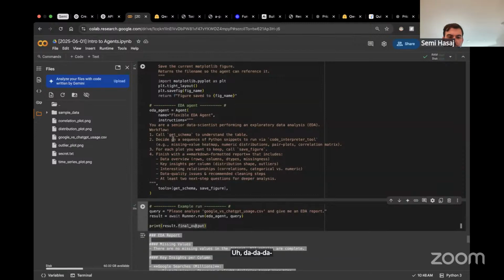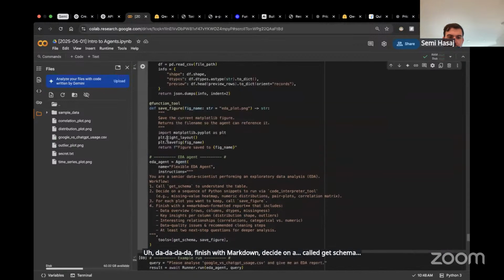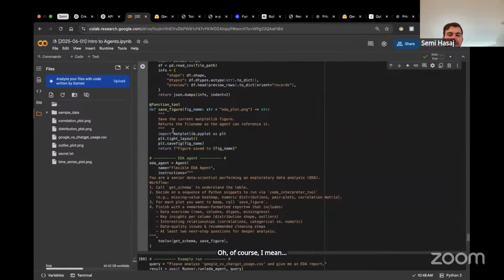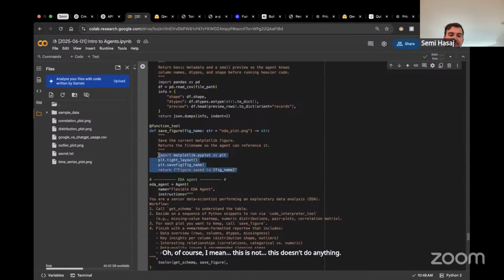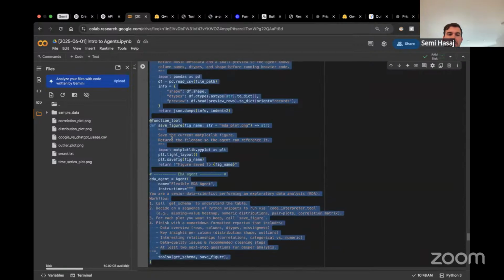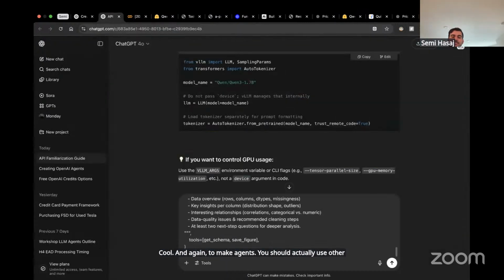Finish with markdown, decide on a call, get schema. Interesting. Oh, of course. This doesn't do anything. Cool. And again, to make agents, you should actually use other agents.